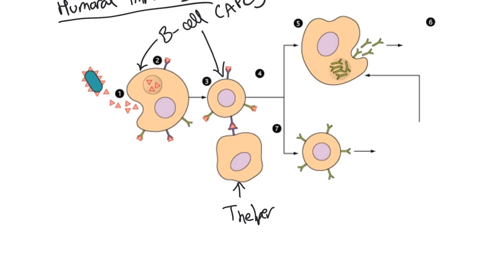In order to become fully selected and activated, it will only undergo mitosis if the T helper cell will also attach onto it. So the T helper cell helps to activate the B cells. And again, one of the theories about why this happens is to make sure that your immune system doesn't overreact. It doesn't need to use resources to make more cells and make antibodies if the pathogens have already been dealt with. Once these B cells are activated, they differentiate into 2 main types. The first one, plasma cells, which produce the antibodies.